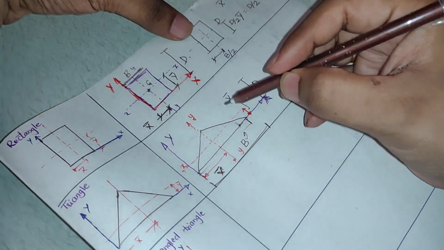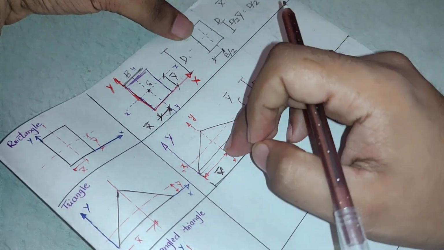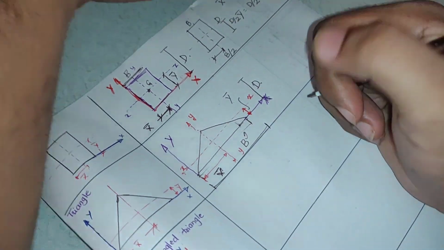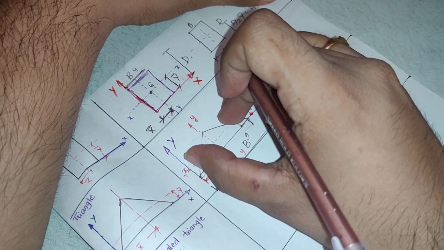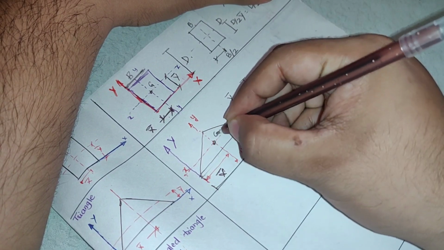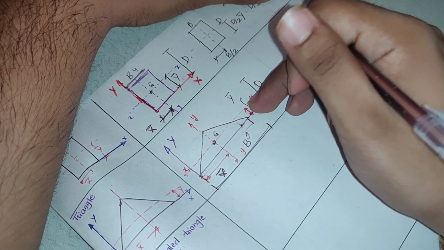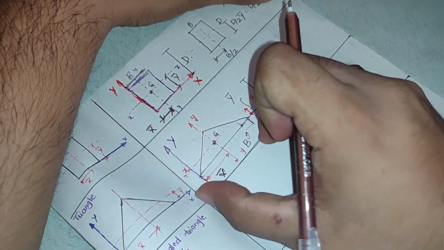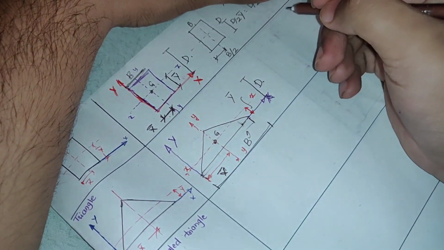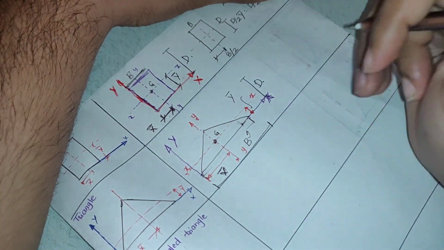Is it possible that if I cut it exactly at half about the x-axis, the area will be exactly equal on the upper side and lower side? No, it is not equal, because the width is decreasing as it goes to the higher part. So I have to locate this point G about what axis? It is unsymmetrical about the x-axis, but it is symmetrical about the y-axis. That is, area is equally divided about y, but it is not exactly divided about x. So I have to locate this point G such that the area on the upper side and lower side is the same.